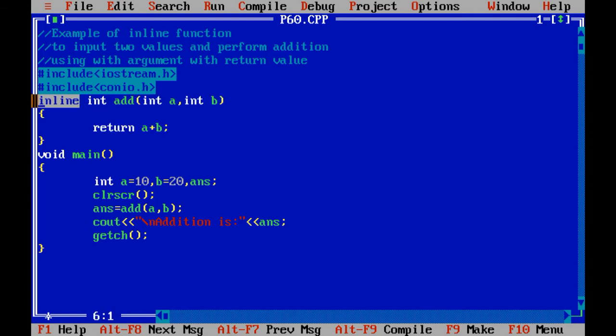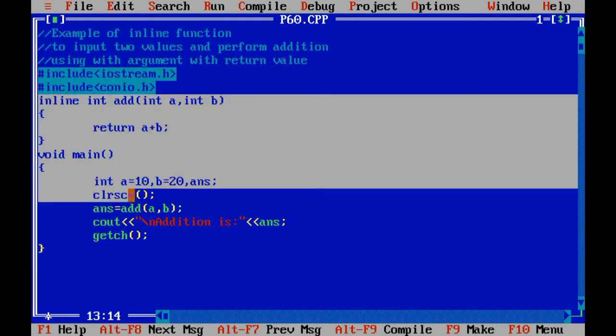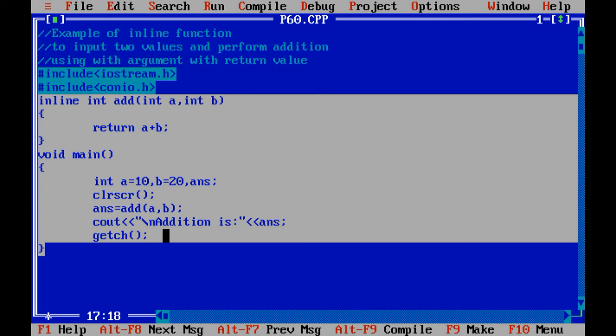Now what is the use of inline? Here frequent function calls are there, right? When you call this function many times, this is an internal process, we are not able to see the process, we just need to predict or assume whatever the process would be. So what is the purpose of inline? When you call your function or UDF frequently, you might get a lower speed, right? So in such cases the inline function is used.